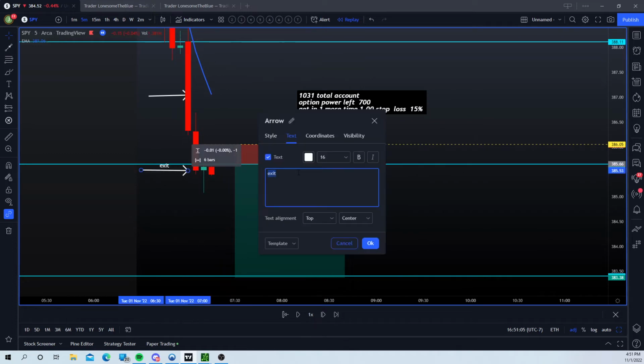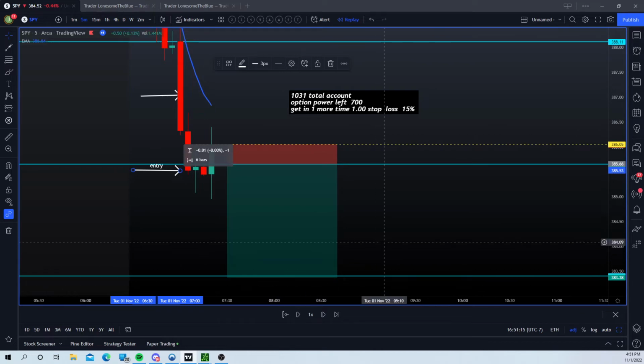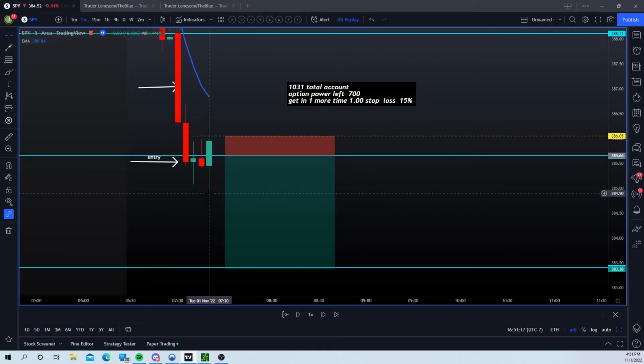Re-entry. Entry again. Entry one more time. And let's see. Play. Boom. This is where it kind of sucks, where you have to be ready to know how to sell. Obviously this kind of closed. But when it's charting, when you're playing in real time, you'll see this moving. You'll see buyers trying to come in. And this is where you want to take profits, when you start seeing that push.